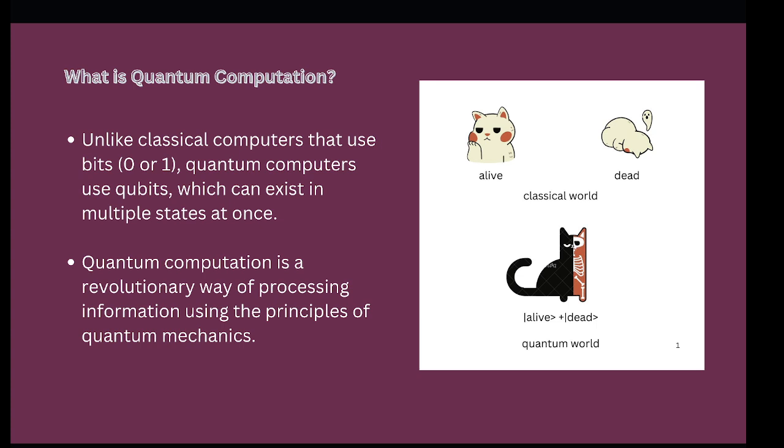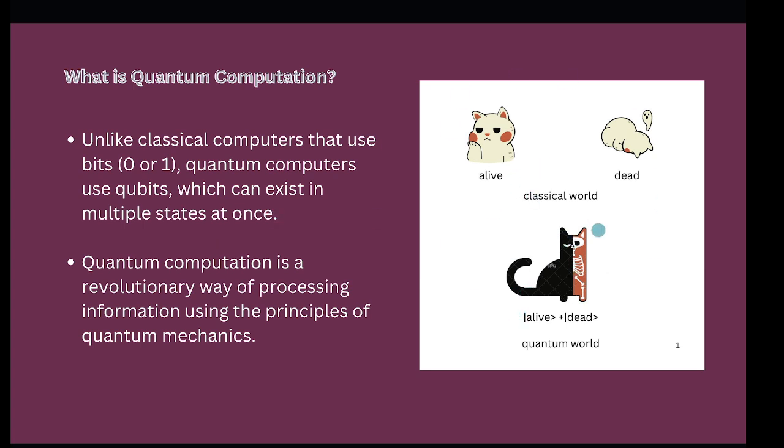It is different from classical computation because, this is the one key takeaway that you can take from the session, unlike classical computers that use 0 or 1, like either it will be 0 or it will be 1, in quantum computers they use qubits. What are qubits? They are quantum bits, but these qubits can exist in multiple states at once, which means I have a very